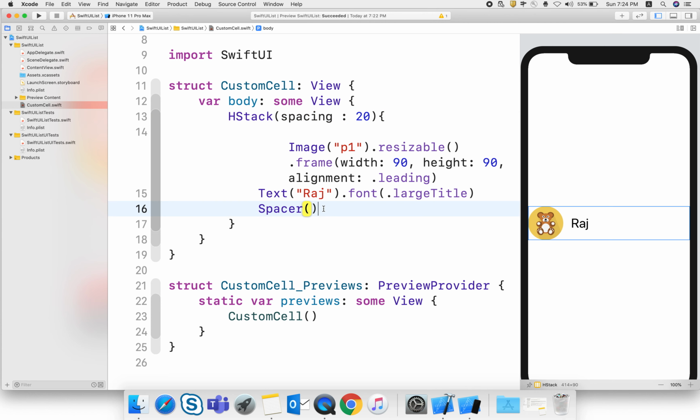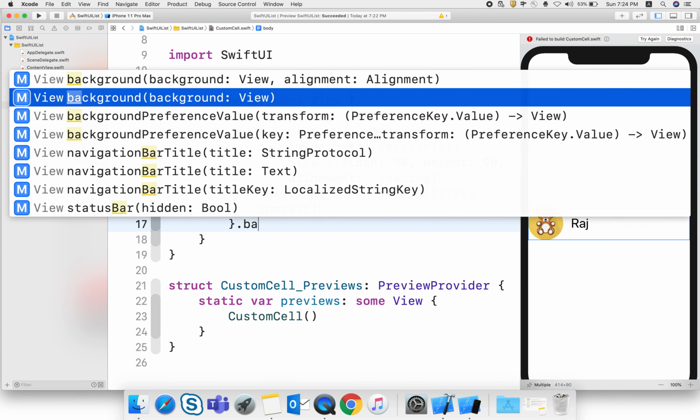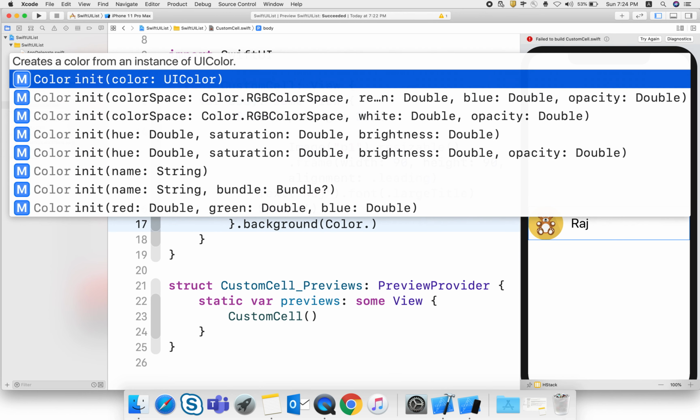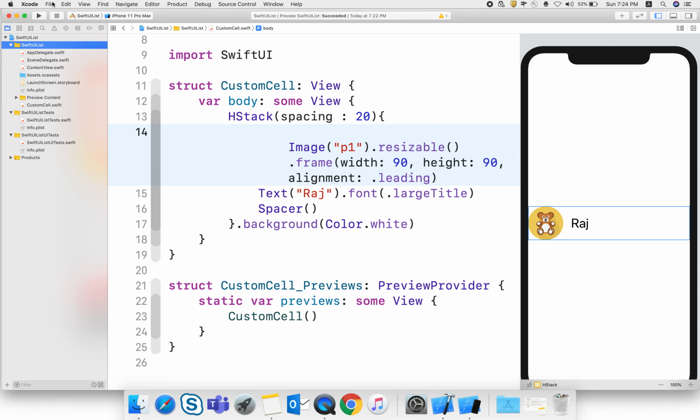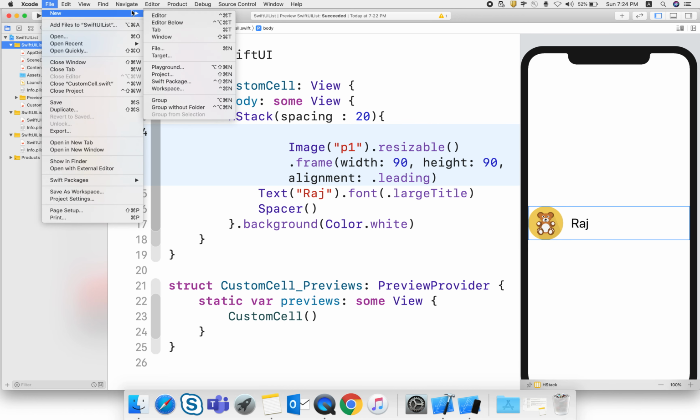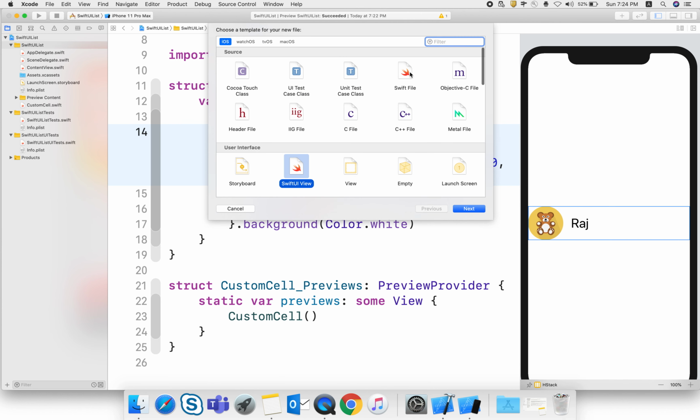And now it looks quite good. It covers all the width. Here I just give it some background color. You can see that it covers all the width. Here I just give the white color. So our row is created, and it looks like it's in a list. For that list we need data, so we create our model for that.